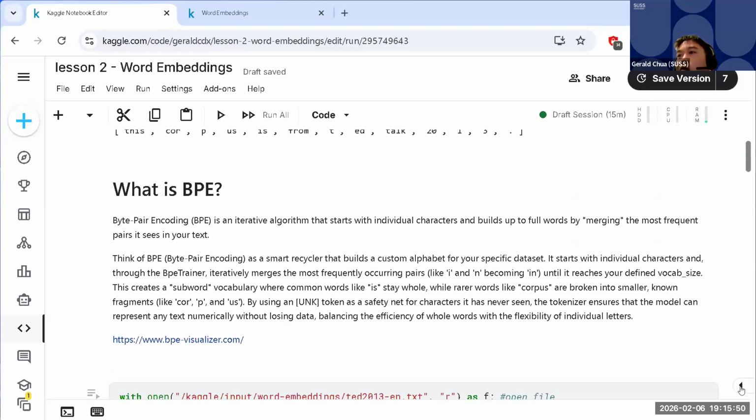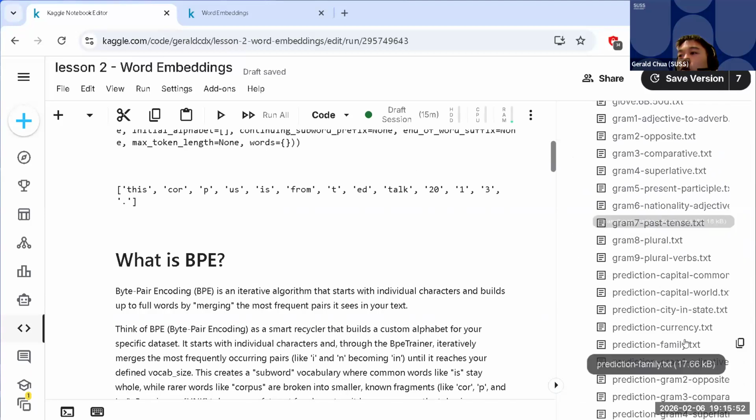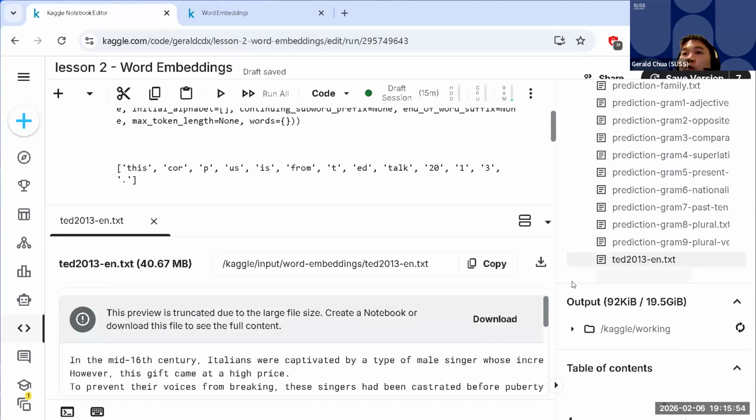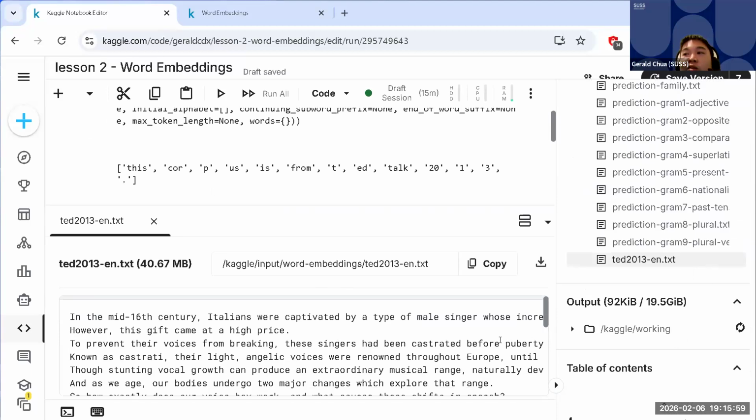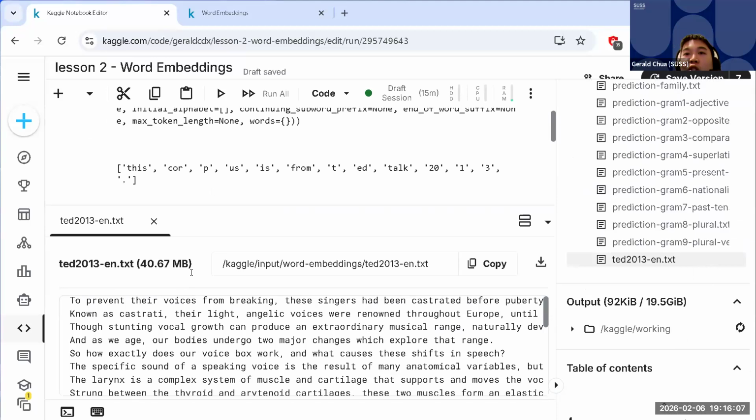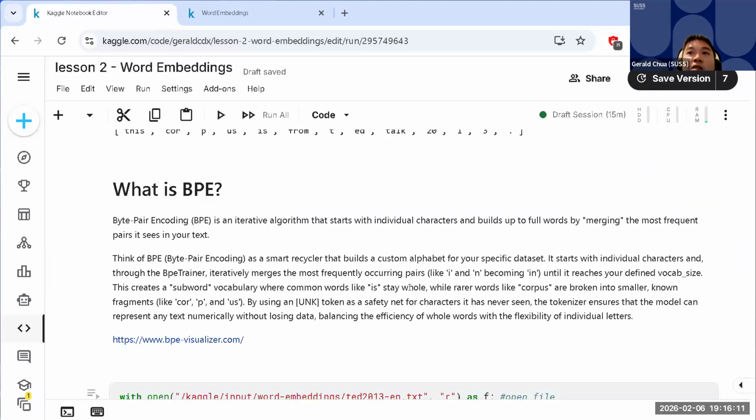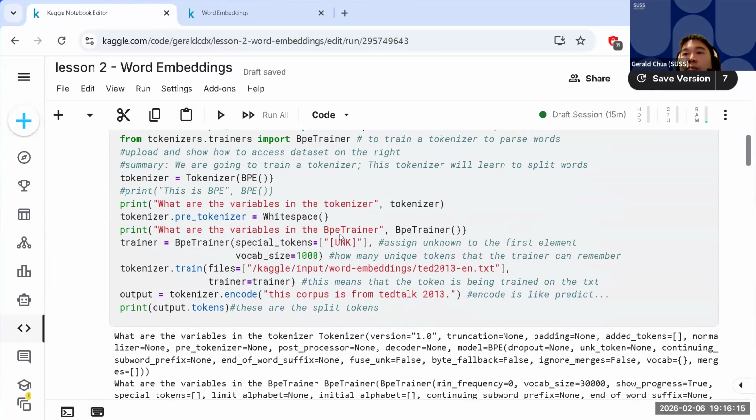Besides that, sorry, I should have closed the file. The reason why I'm showing you is because you will realize that some of the files later you will get utterly confused about what they are. But I'm just showing you this is normal text. In mid 16th century, and so on. It's a text that you understand, not weird words. Just think of it as the tokenizer takes in this file